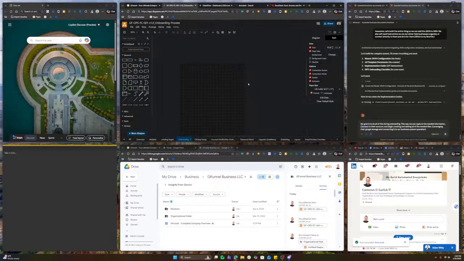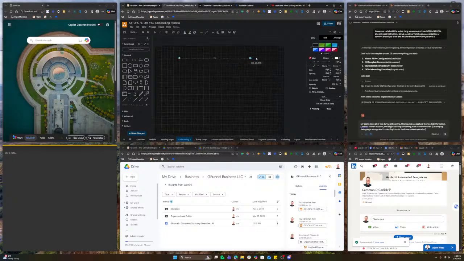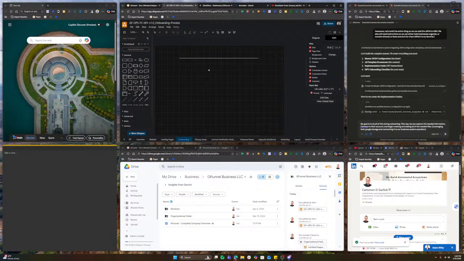Within the onboarding step, these individuals are coming into our world now. So we'll put this as our world. Now they're in our world. That's what that line means. Then from there, we're going to have an onboarding survey.